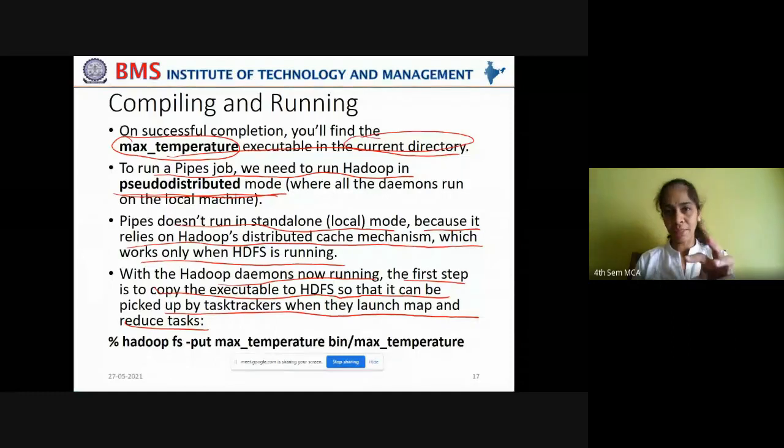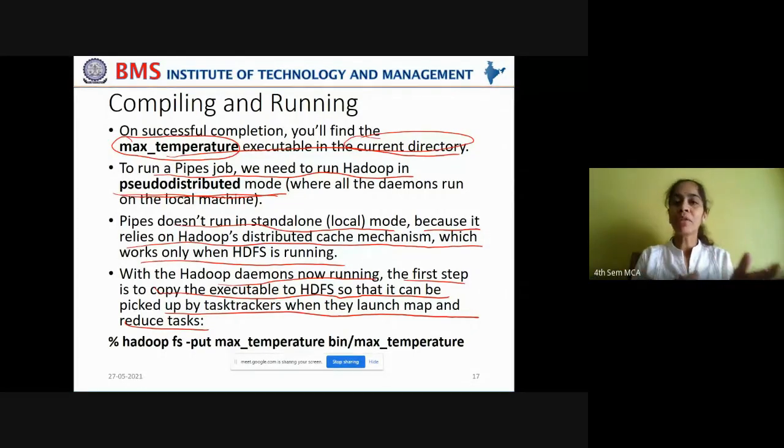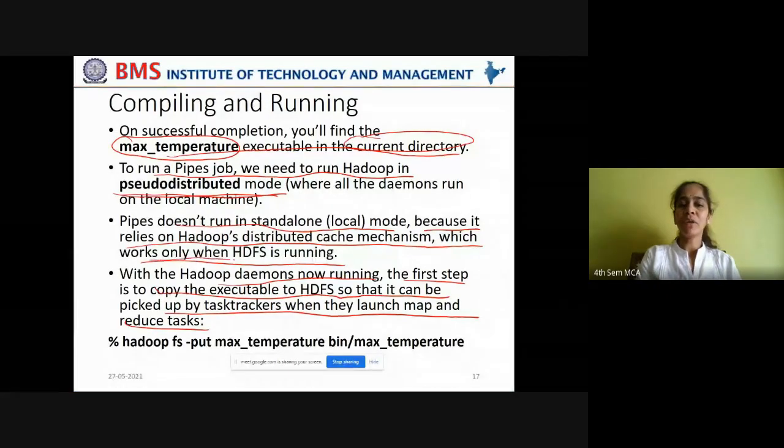Though you are running it in a pseudo distributed mode, because all the 5 daemons are up and running, it creates an environment for the Hadoop pipes to understand that it can work with a cluster in a pseudo distributed mode. Okay, so this works only when HDFS is running.